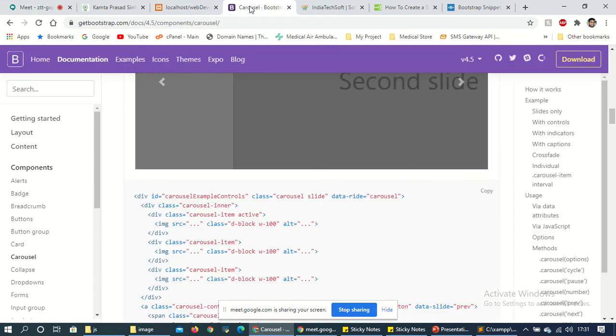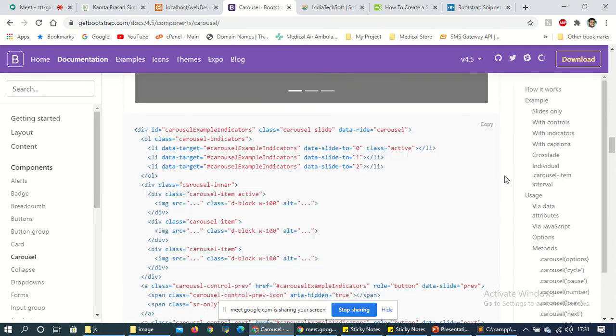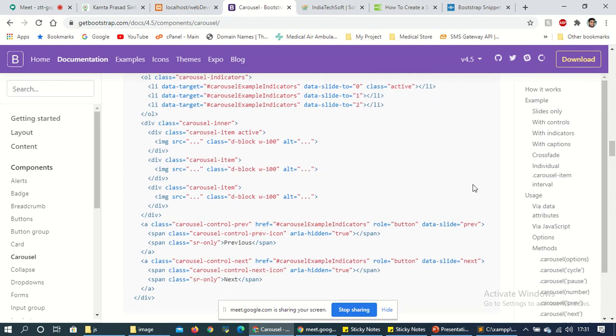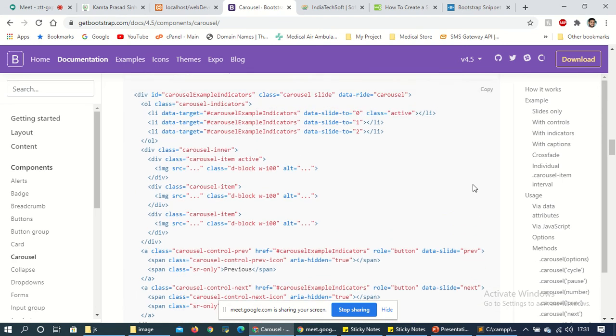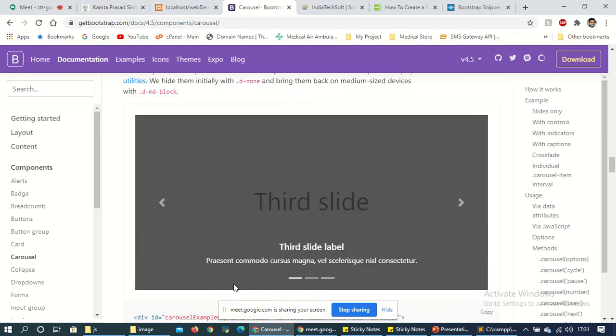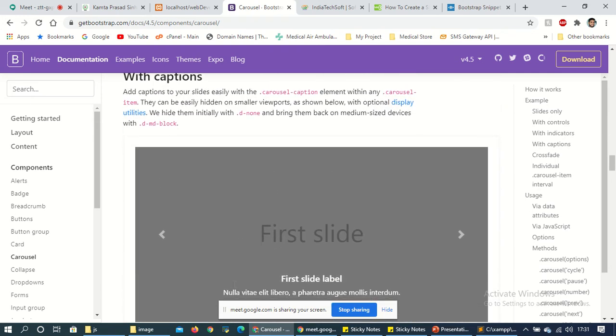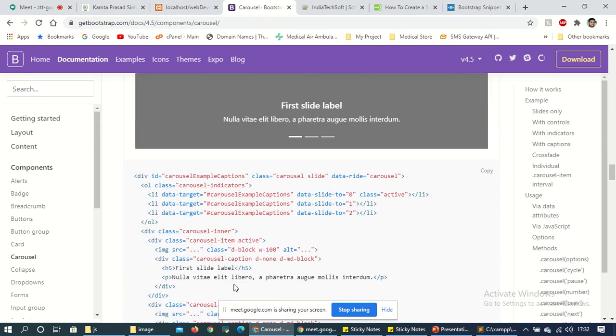So if you want with caption, or with indicator like this one, then you have to use this code. See, here is the previous, next, and if you want some captions on that code, then you can use this one.